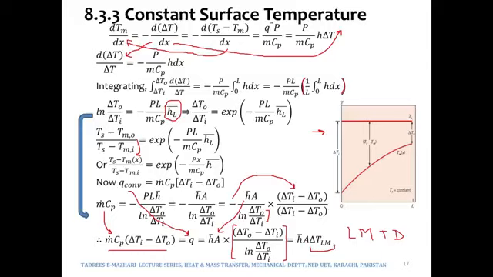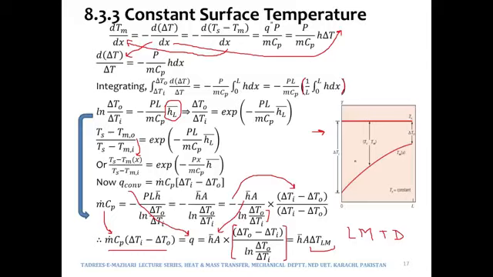Now what is this log mean temperature difference? See, delta T is not constant at inlet and exit. So if we simply take delta T, that would not give us results as accurate as this parameter would give us. So when the constant surface temperature condition is used in the case of flow through a pipe, we do not write it as delta T simply,